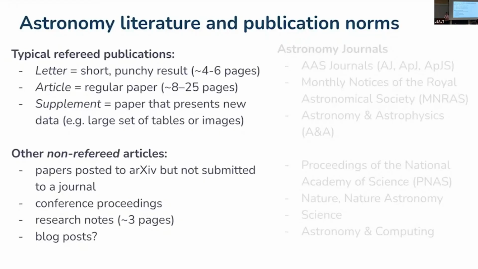There are also these things called research notes, which are archived bodies of text. They're usually pretty short, like 2 or 3 pages, and maybe just a single figure. These launched because we realized that astronomy was being biased against null results. Actually, a lot of sciences have a problem where nobody wants to publish a null result. But we want to incentivize people to still publish. For instance, during grad school, I grabbed observations of a bunch of galaxy clusters, and I didn't find anything really interesting.